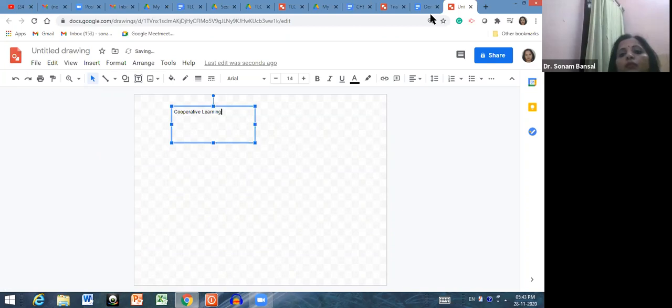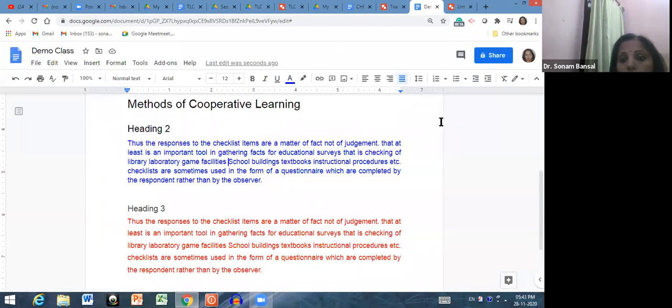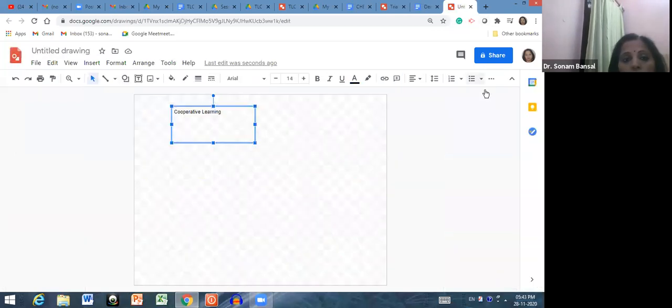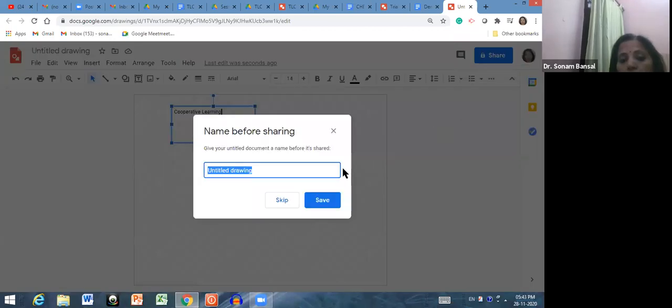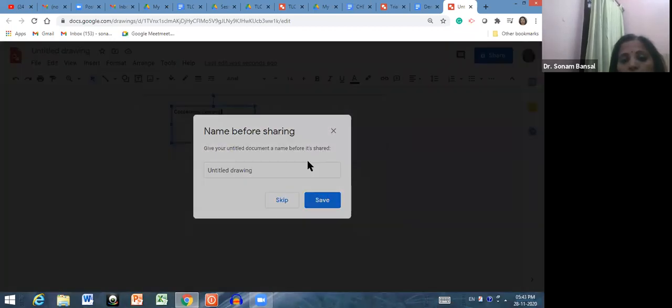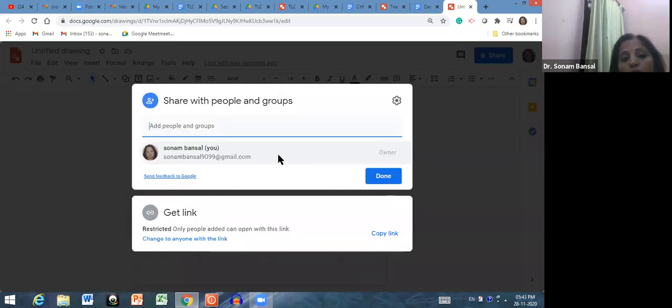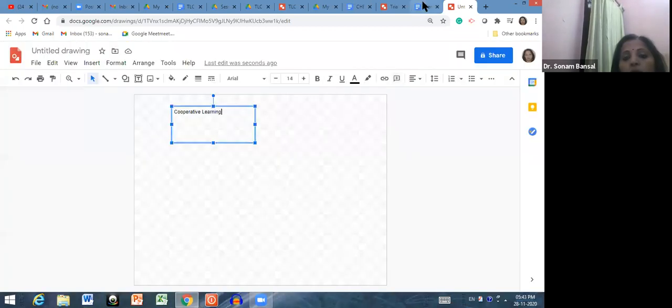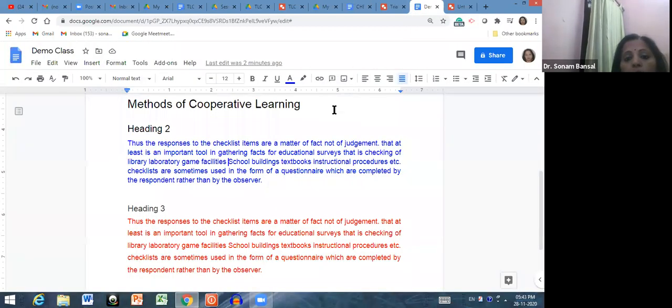And you want to link this with your previous document, then just click on this document and click on share and click on save. If you want to give it a name, then you can do that and click on done. This is how you can make a link, or you can add the new document with your previous document.